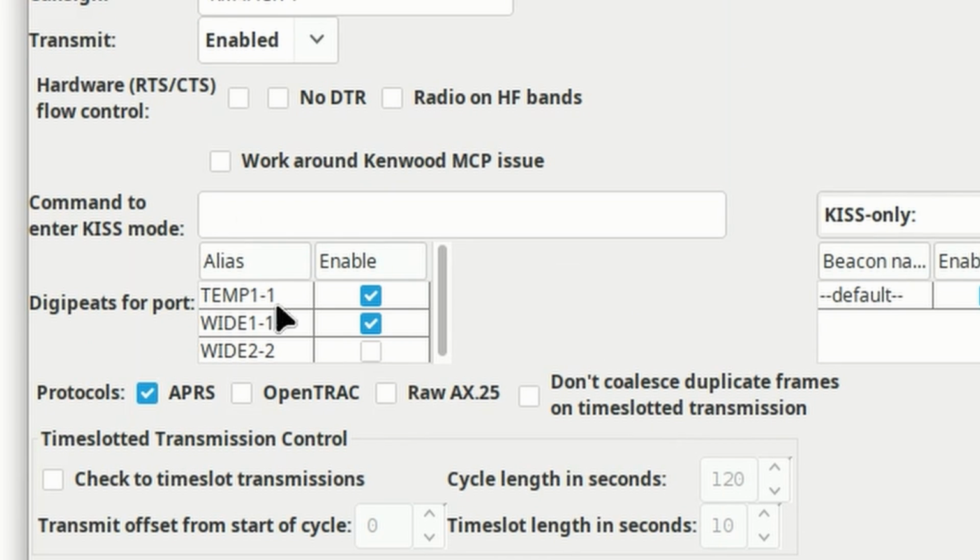Now, in my case, I left both TEMP1-1 and WIDE1-1 enabled. And I always leave those enabled. That way, if I choose to run this as a WIDE1-1 Digi, then I don't have to come in here again and change this. It's not going to answer that WIDE1-1 path as long as you've got it limited in the Digipeat tab. But once you get both of those tabs configured, your Digipeater will now answer to anyone running